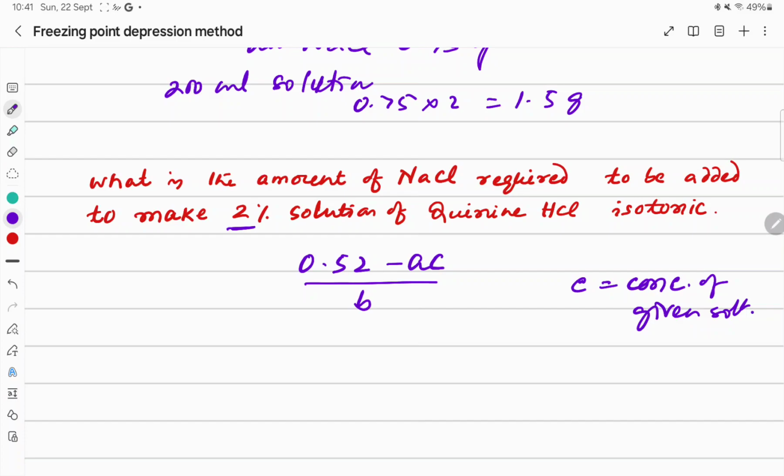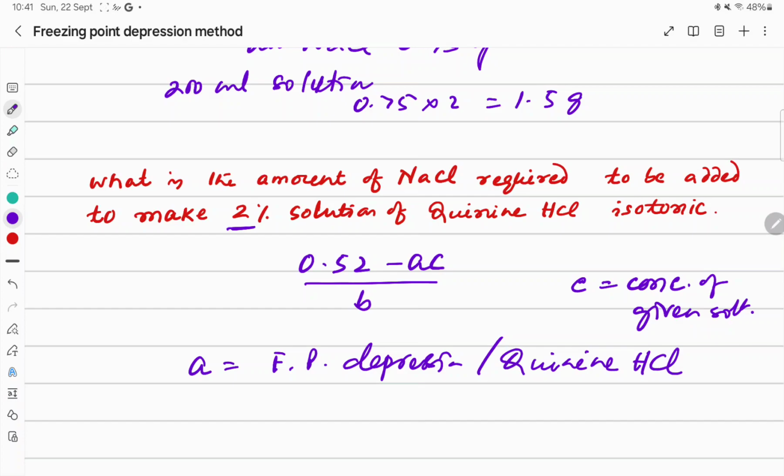So what data do we need here? A, the freezing point depression caused by quinine hydrochloride,